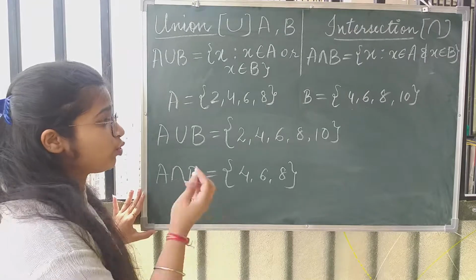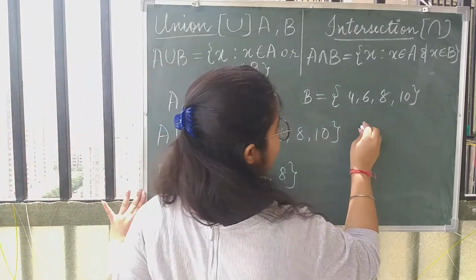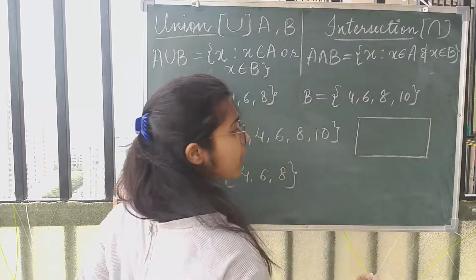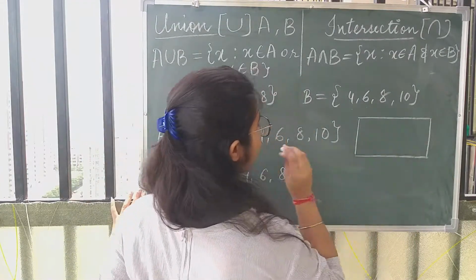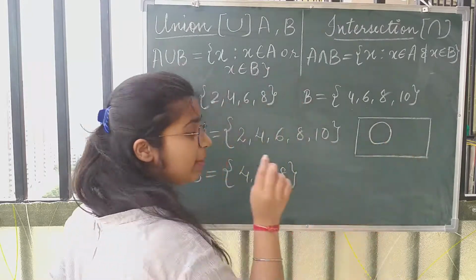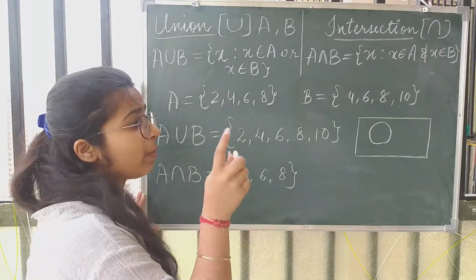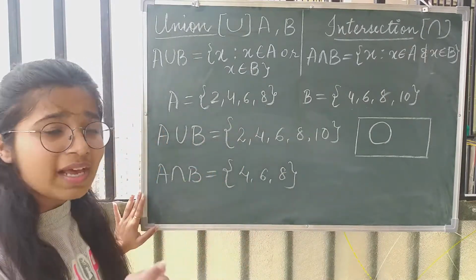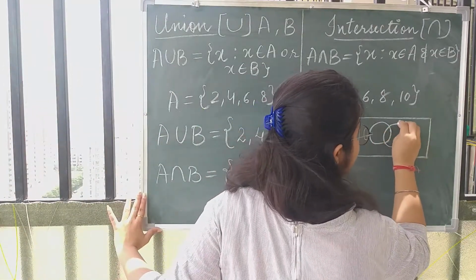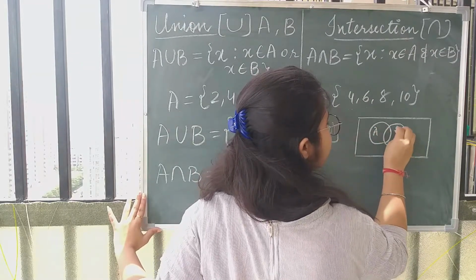And when we have to show these sets using a Venn diagram, how do we do that? We firstly draw a rectangle to represent the universal set. Now, अब हमें ये पता है कि कुछ elements A के B में भी है. So जो ये दो circles होंगे A and B, they will be overlapping each other in some portion. So we make it like this. This is A and this is B.